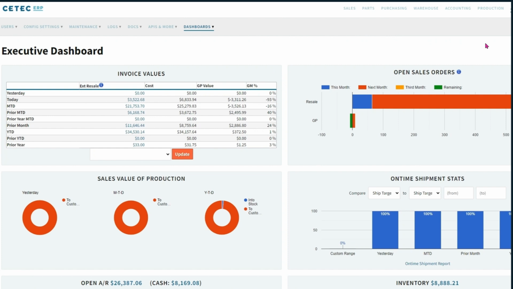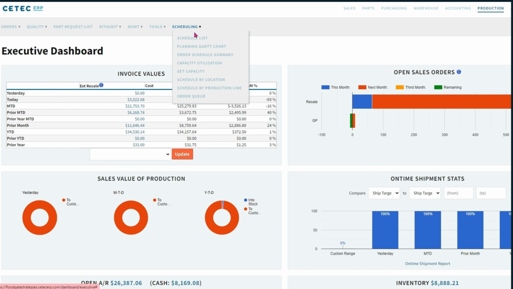Cetec has a wonderful scheduling section where it fits the work orders into the very next available space for the work locations, but we're going to show you how you might want to customize it for your particular shop. So we're going to go to Production, Scheduling, Planning Gantt Chart,